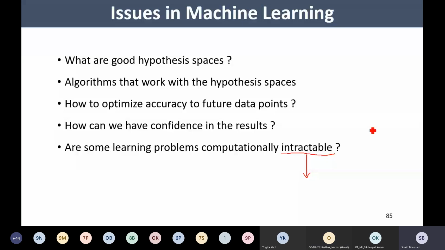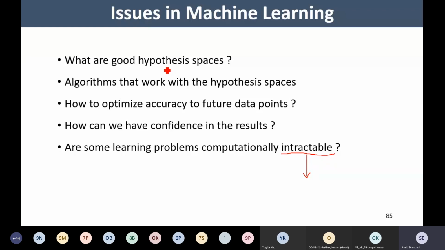See, what are actually the issues? Whenever we talk about any machine learning algorithm, we have seen these terminologies. What is a hypothesis? It is actually the function that we may come up with after learning from data. And we have several such hypotheses in my hypothesis space. So the collection of hypotheses is the hypothesis space. Now, if I am given one kind of problem, I need to think upon what kind of hypothesis space I should select.